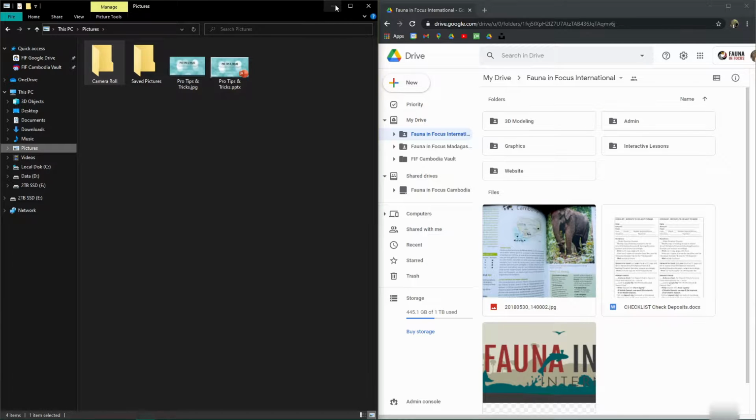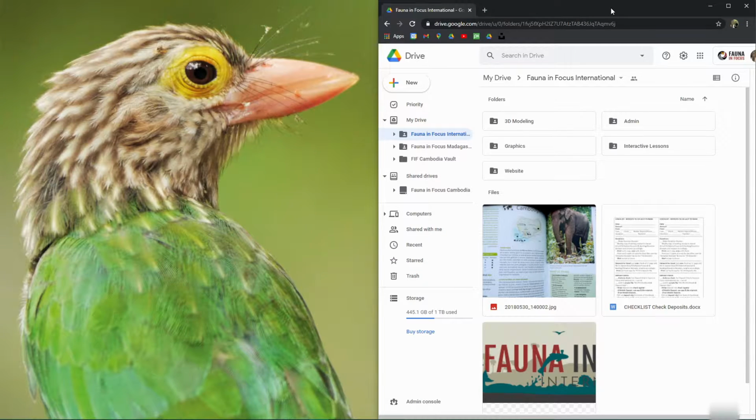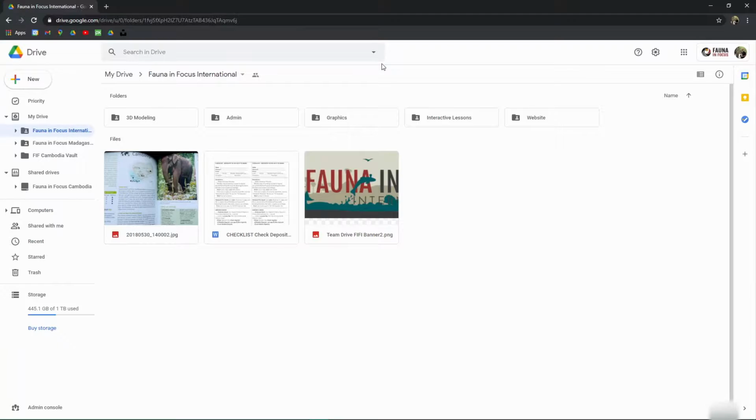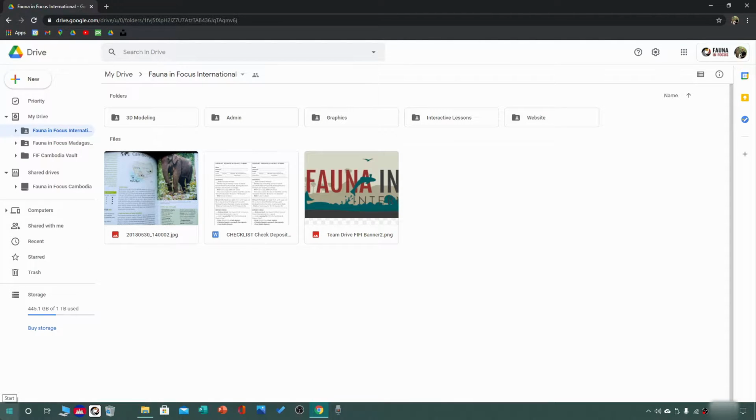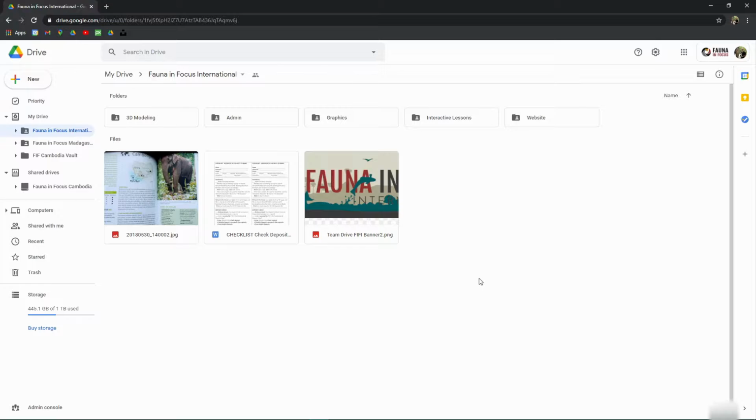You can use this plus symbol to upload. Now, that's all great if you want to back stuff up to the cloud and then share it. However, what it does is that it leaves the files on your computer and the files that are online completely separated. And so at Fauna in Focus, the use case that we do is we use a program called Google